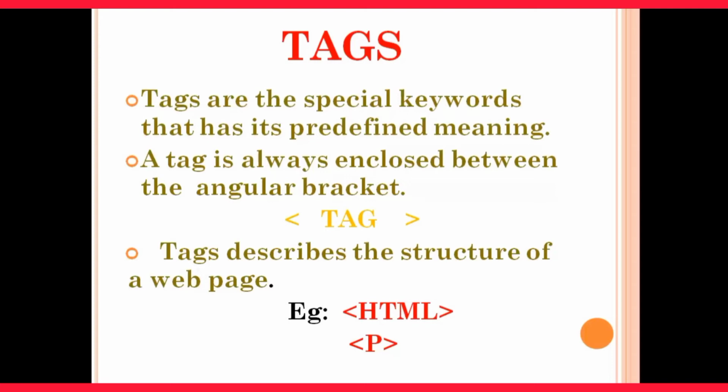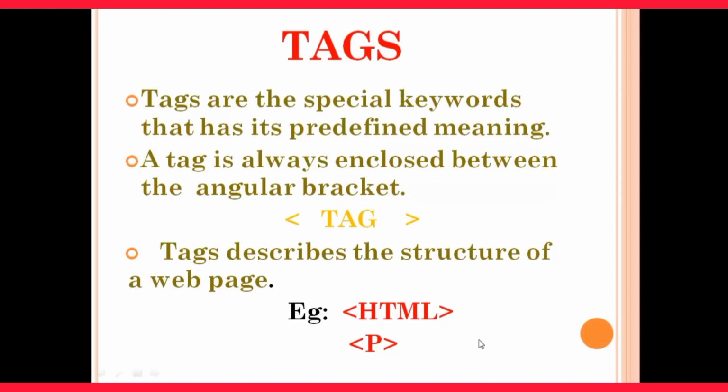HTML tags are not case sensitive and can be written using capital or small letters, but to make them stand out from the rest of the text, we use capital letters. Here small p and capital P are the same, small h and capital H are the same. Both uppercase and lowercase letters are the same. So HTML tags are not case sensitive, but to make the language more convenient, we use capital letters in the tags.